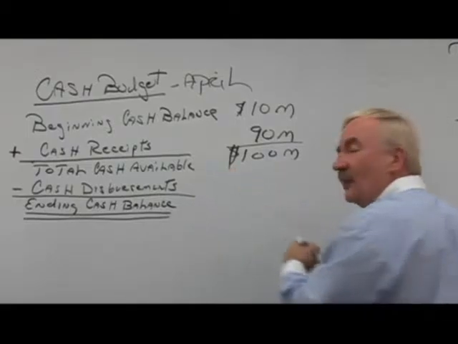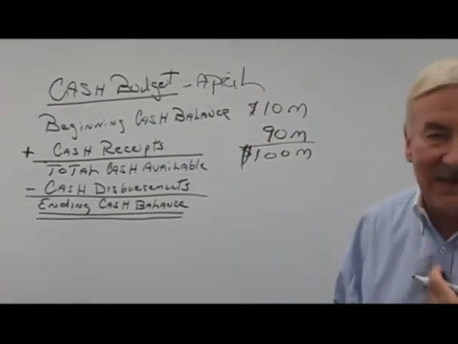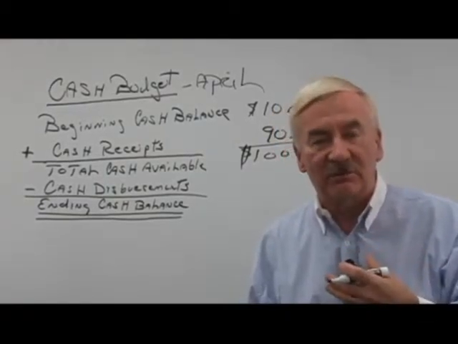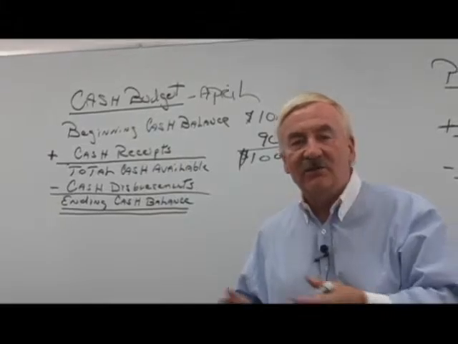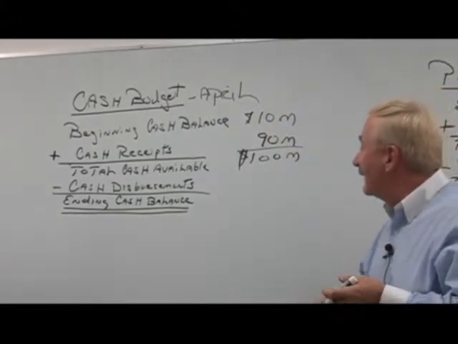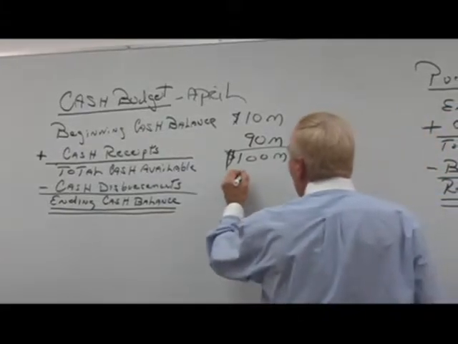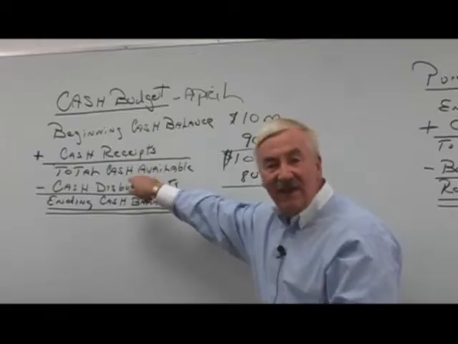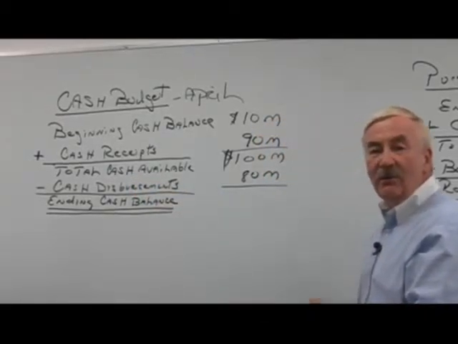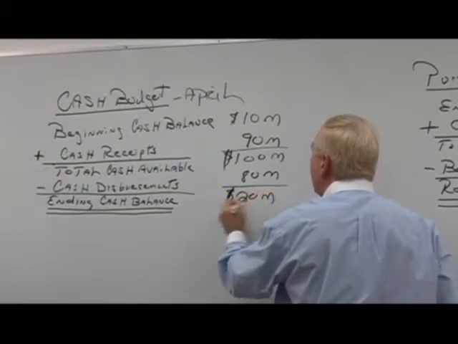Now, that's what I have available. But we all know we spend cash during the month also. We don't just collect it. So we're going to have cash disbursements. So we also have to estimate what our cash disbursements will be. So in this case, if we estimate that our cash disbursements during that month will be $80 million, we would subtract the $80 million from total cash available, telling us that we will end the month with a balance of